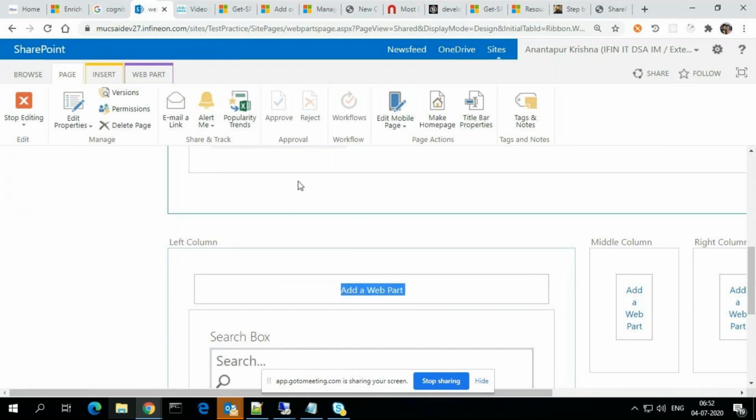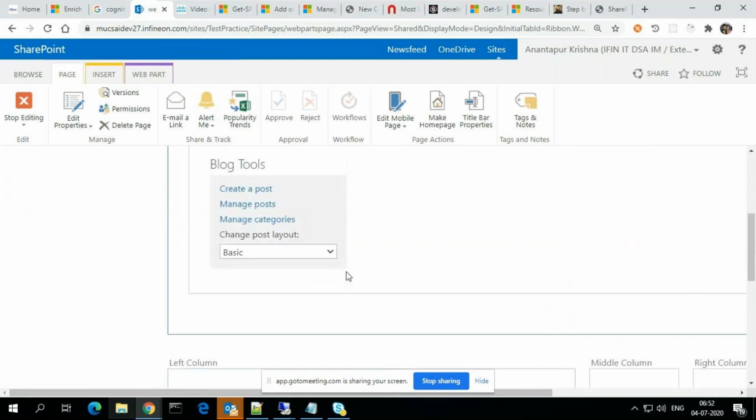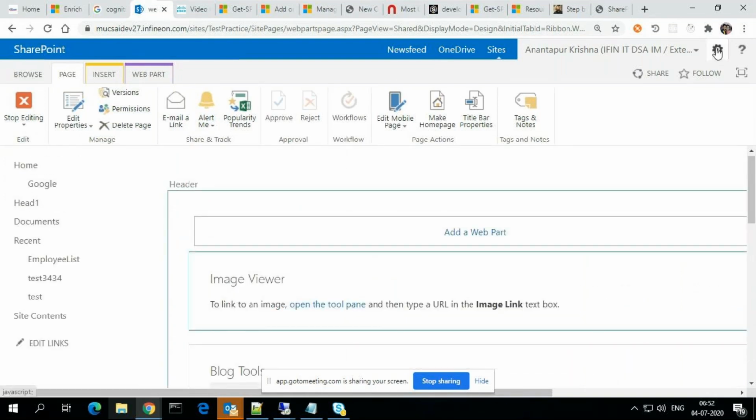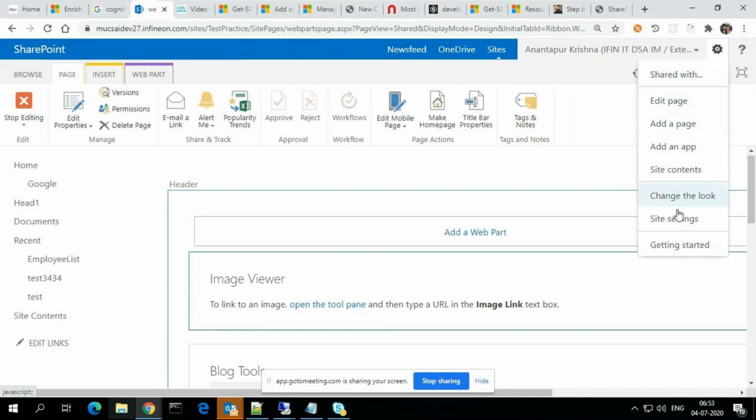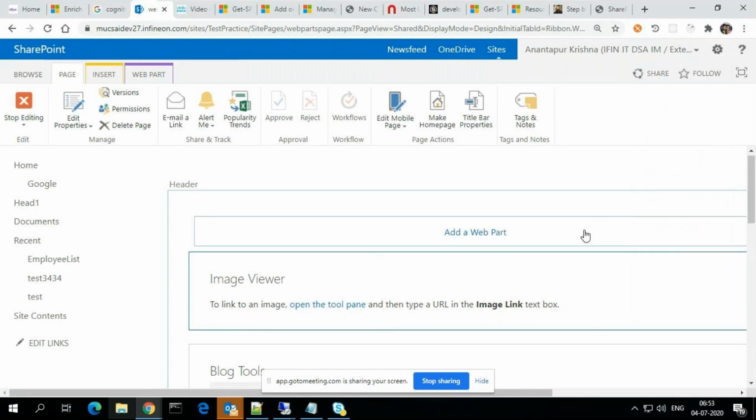So basically, we need to go to site settings. Is it site settings or site contents to add web parts? Site settings, we can see web parts. The web parts are there, but how to add the pages, web parts? We need to add the pages first. First thing is we need to create either a wiki page or a web part page. Under the pages, we can add web parts. And once the web parts are added, we can see them under the site settings, right? Yes, that's right. Okay, I was a little confused because of the order.